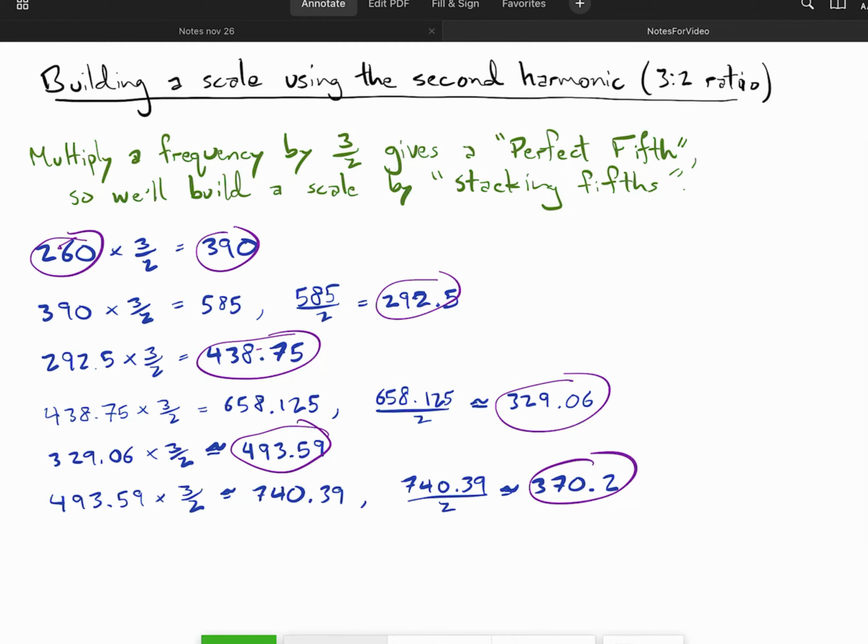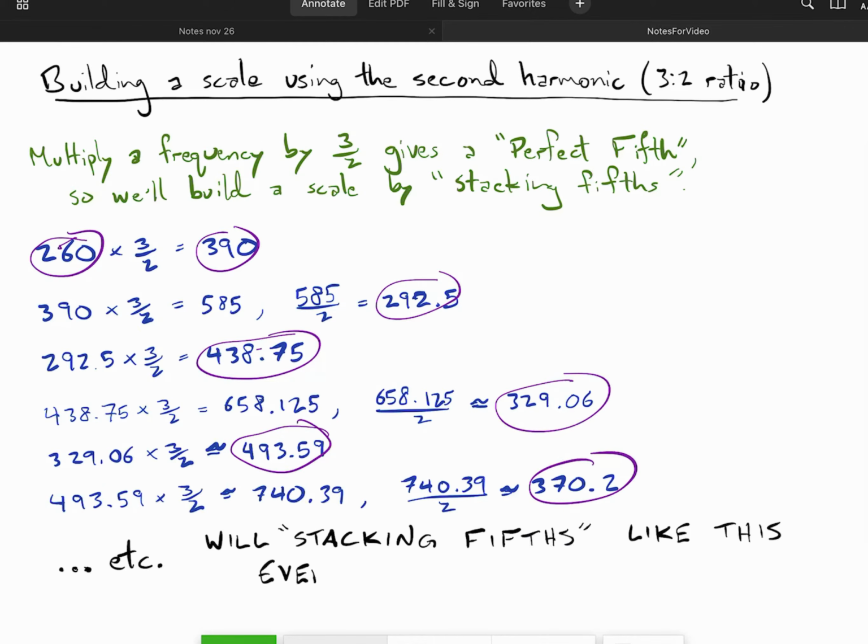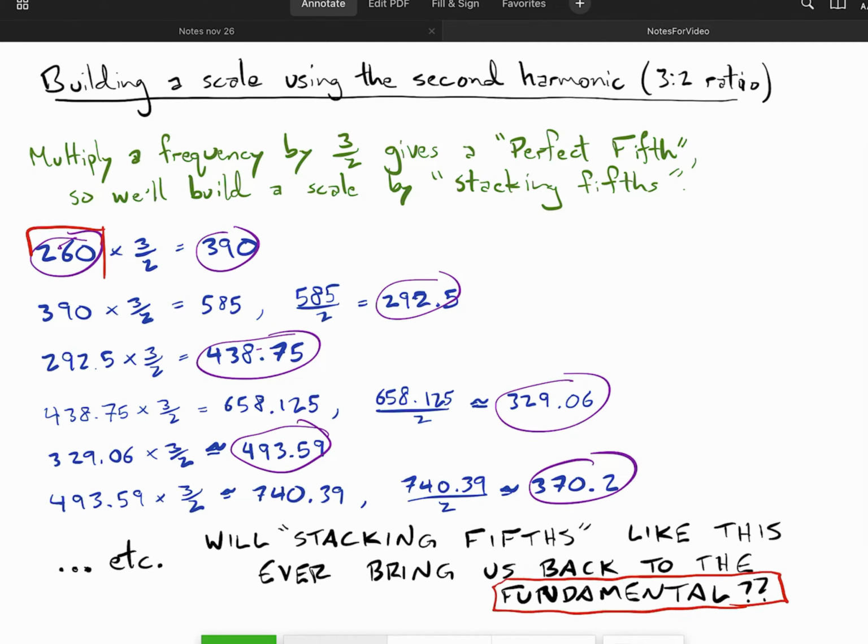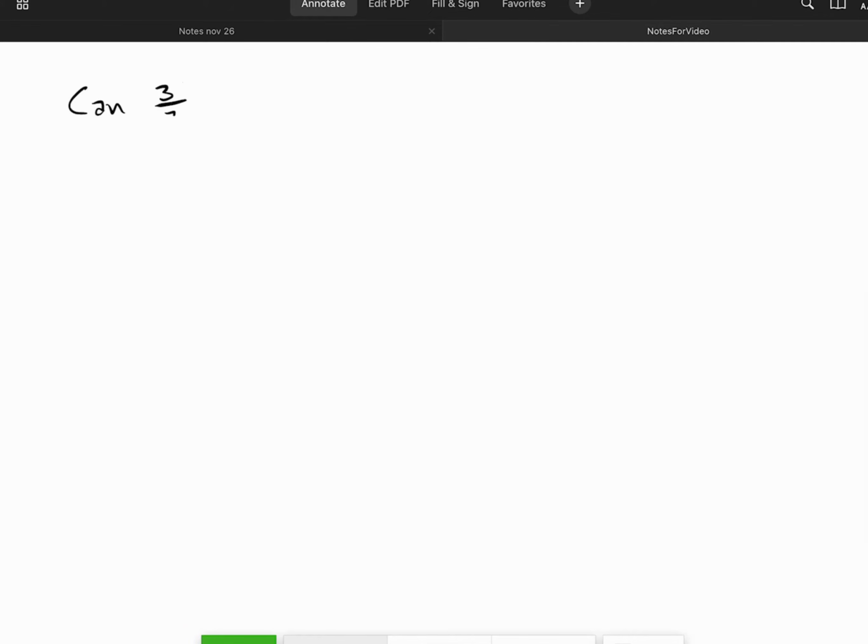Now that's not the major scale, although it's close. For those of you who know some music theory, this is called a Lydian scale because of the raised fourth. We can keep going. We can keep going until, well, how will we know when to stop? Will we ever, by stacking fifths, that is, successively multiplying by 3/2, wind up some perfect octave up from the fundamental? Another way of asking that question is, can 3/2 raised to some power ever equal 2 raised to some